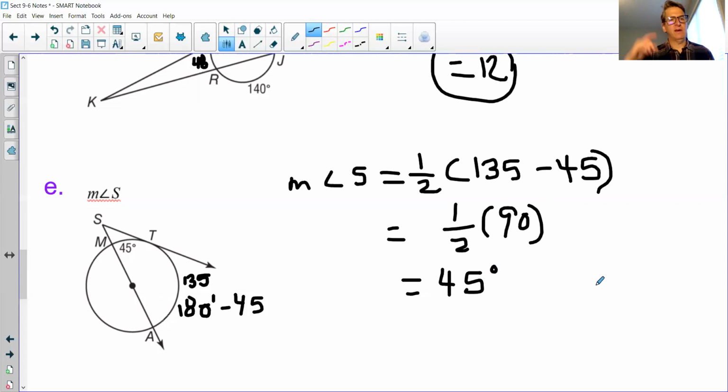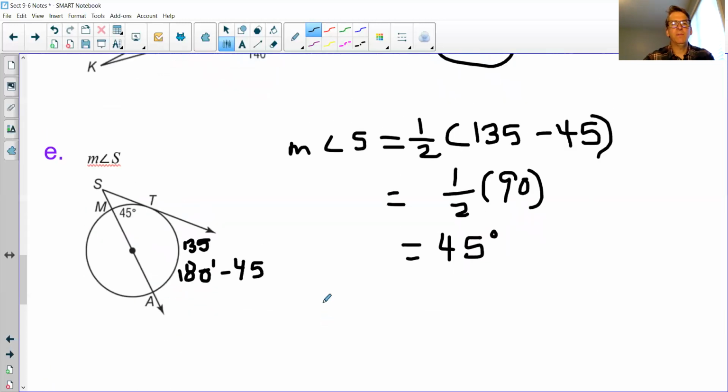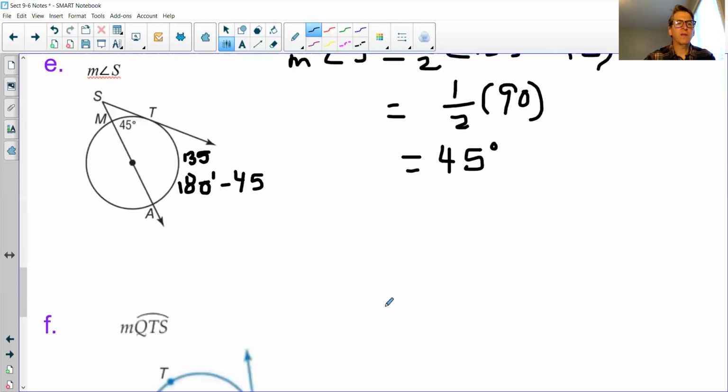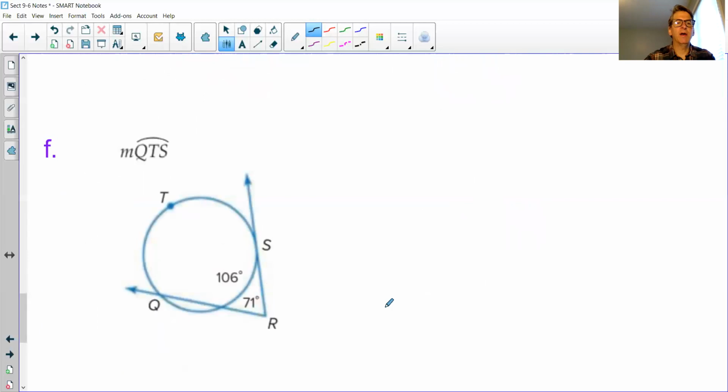And that's letter E. So that angle on the outside of the circle has a tangent and a diameter shooting through there. And keep in mind you've got to look again at what you've got, 45, and they're giving you that diameter. Okay, last one on this page, letter F,